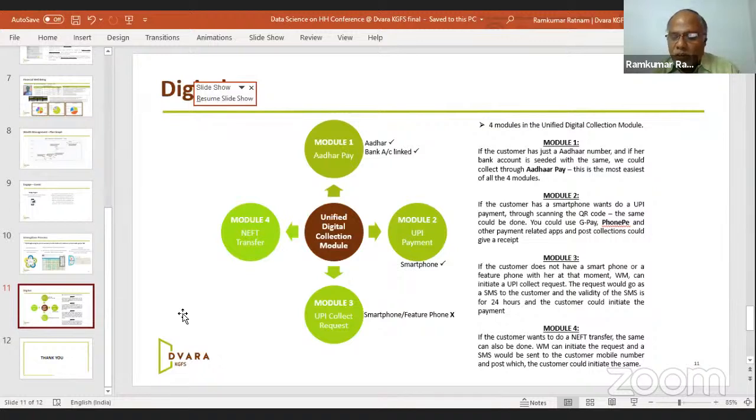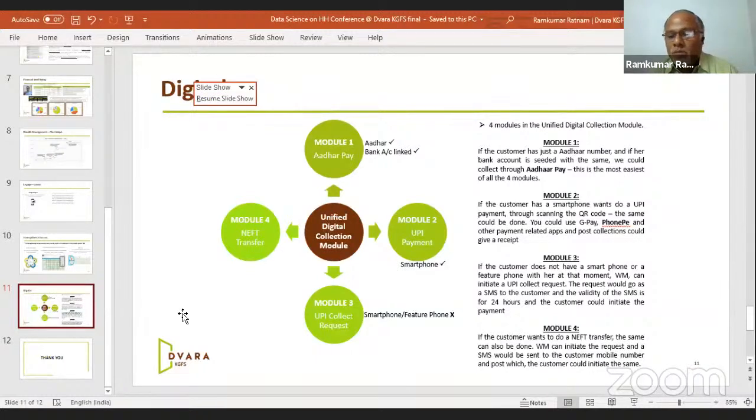We know the customer's KYC, Aadhaar fact. We also know we do disbursement out of NEFT. And if the account is Aadhaar seeded, we try and move the customer to digital. We have all the data. The second is we are in the process of getting to understand whether the customer household has a smartphone. There we can use the UPI payment,